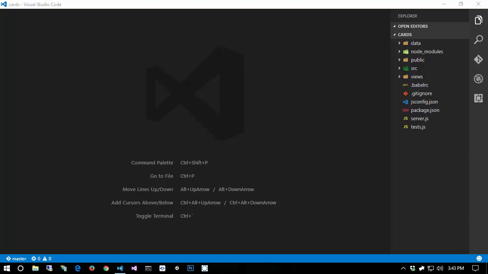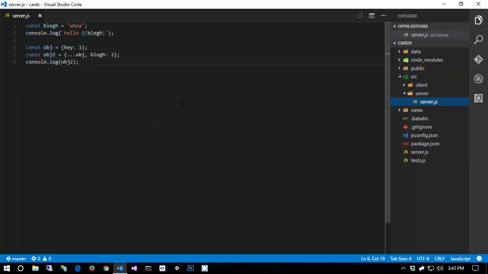The first thing I'm going to do is hop over into source server and show this code. This code is not yet valid. Well, this is not valid JavaScript simply because we are using the object rest spread, which isn't part of the JavaScript specification yet. So I'm going to go ahead and install a local version